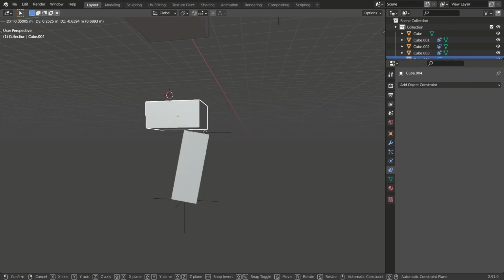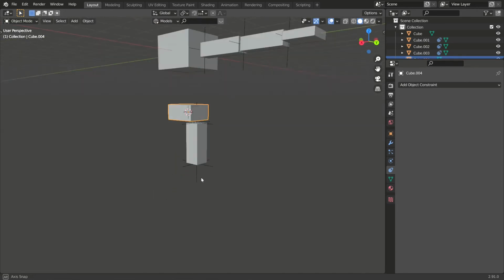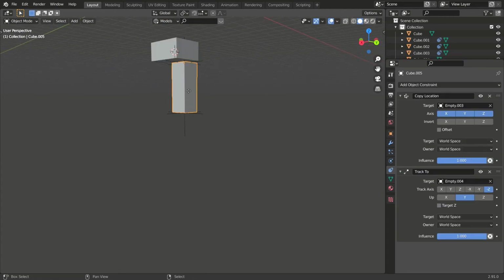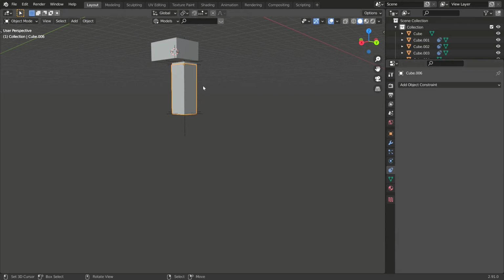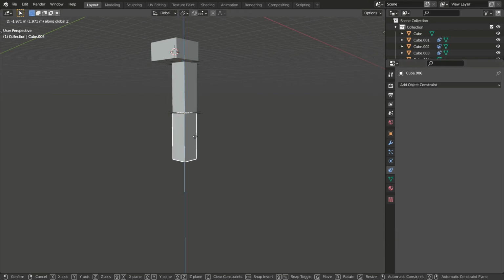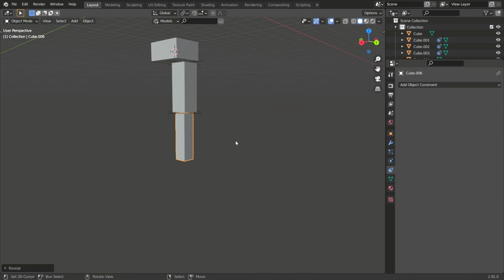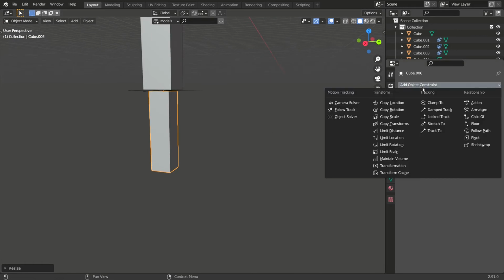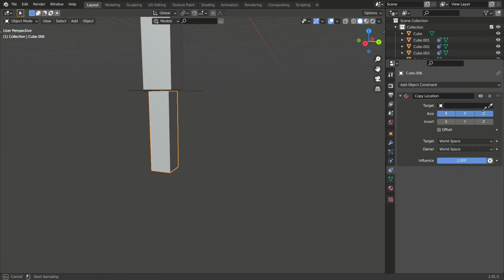So now that that's working, we want to add in our shin or calf or lower leg piece. I'm going to duplicate our upper leg, delete the object constraints from the duplicate, move it down, and then just scale it, just so it looks a little different. I'm going to go add object constraint, copy location, select the empty, and then we're going to add in our